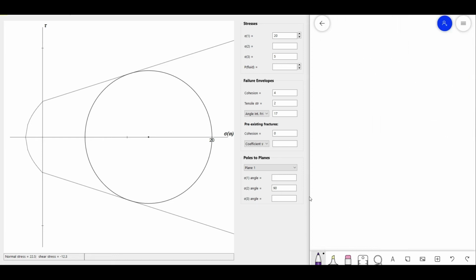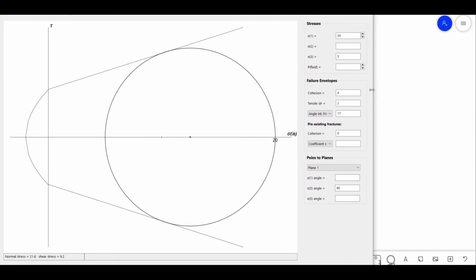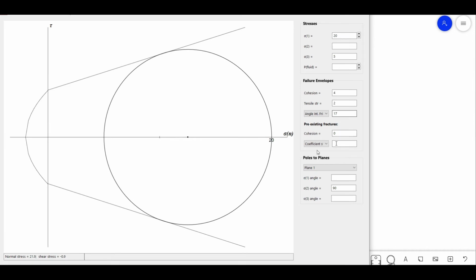So now we'll try to understand this system. Okay, we'll maximize it a bit. Now this is good. Okay, then. The first thing is we'll add a plane, as we have already indicated that this one is plane one, and to draw a particular plane, the convention is we need to keep the sigma 2.